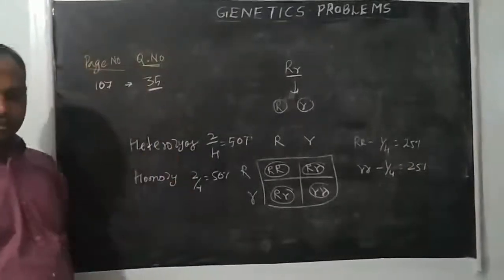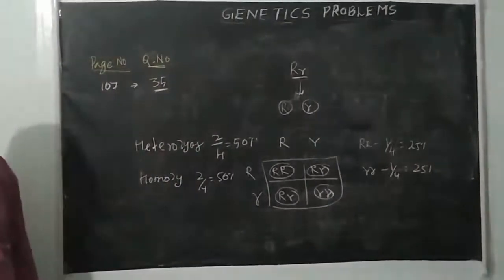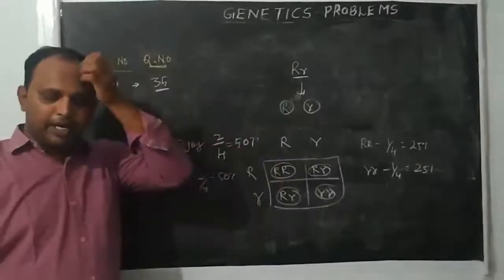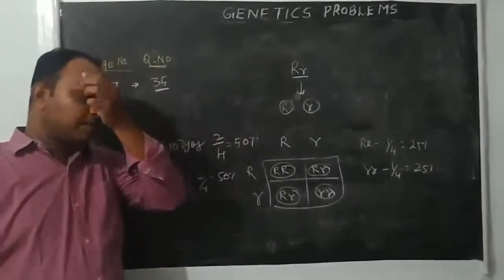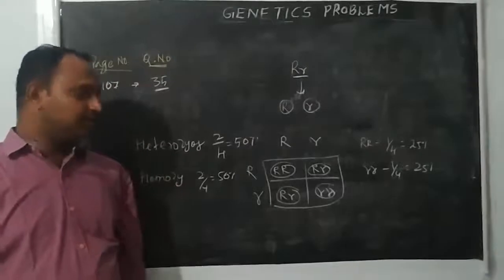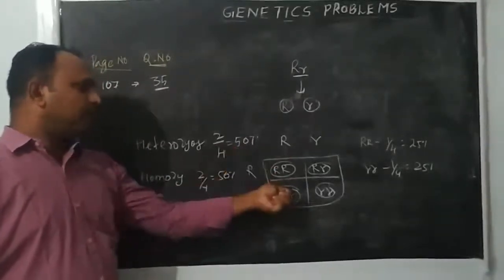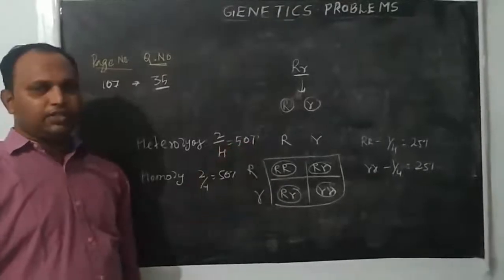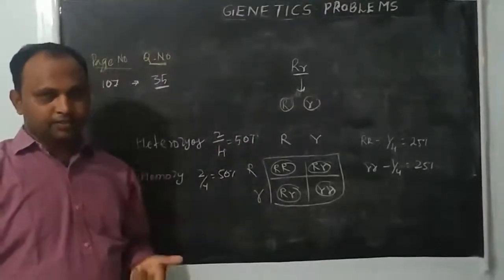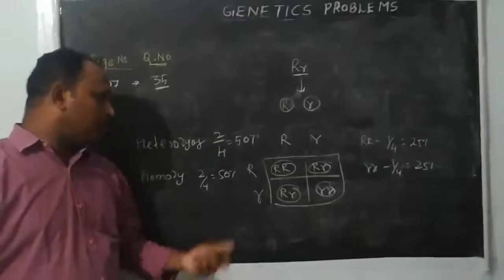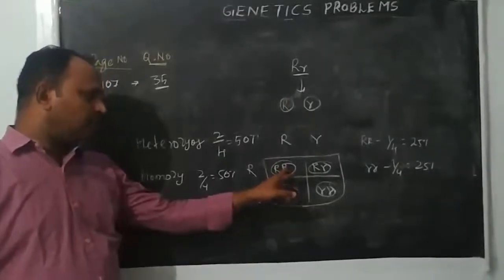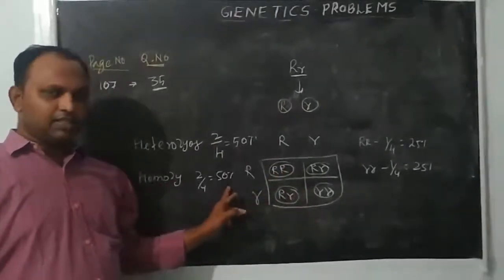But the question they are asking is the percentage of heterozygous individuals obtained from selfing of caps and small individuals. So the answer is heterozygous. How much did we get? Out of 4, 2 are heterozygous. So 50%. If they ask how many homozygous, you see here 1, here 1, 2, 50%.